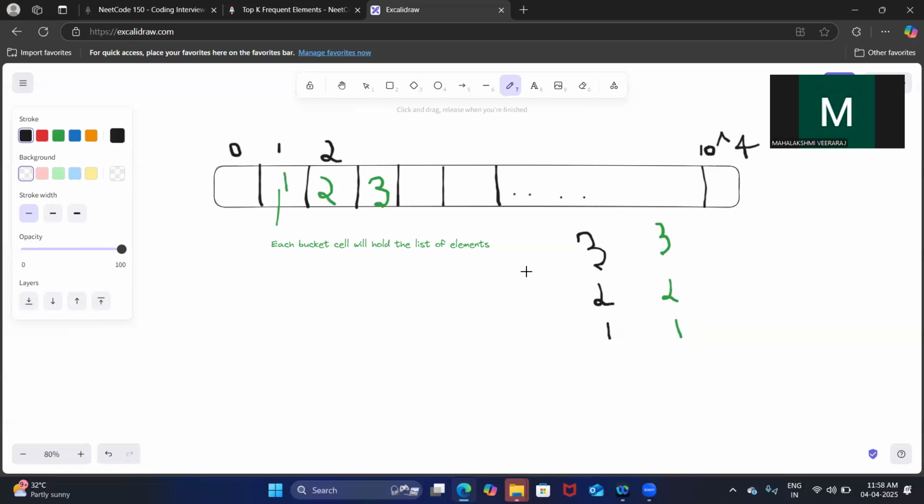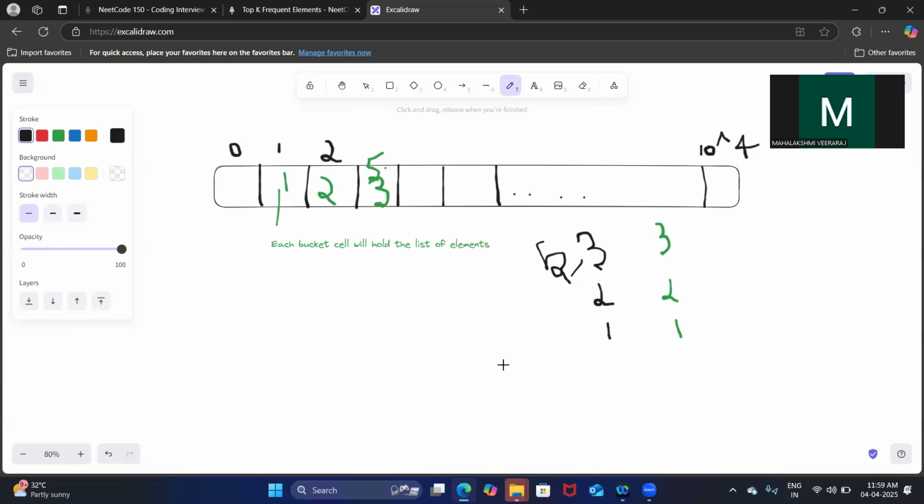Let's assume that we also have another value, which is 5. So 5 comma 3 means 5 occurred 3 times and 3 occurred 3 times, right? In that case, we will be adding 5 as well in this bucket place, so this cell has two elements, 5 and 3.